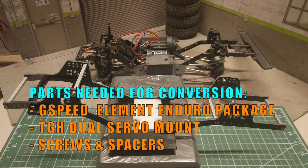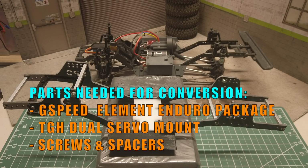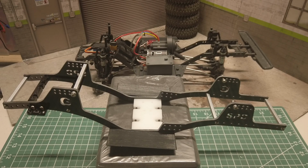Here's the Gspeed chassis with the parts needed for the LCG conversion. You need a chassis either in G10 or carbon fiber. For my build, I'll be using the V3 chassis in G10 material. G10 material is a high pressure composite fiberglass and it's supposed to be super strong. Although it is a bit flexier and heavier than the carbon fiber, it is cheaper and it will do well